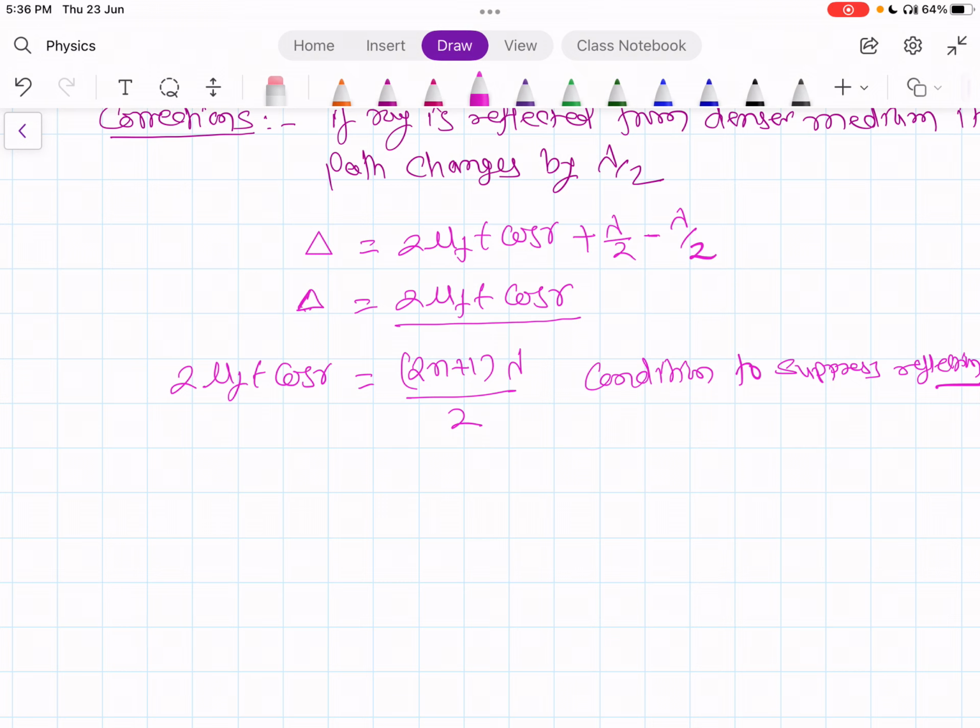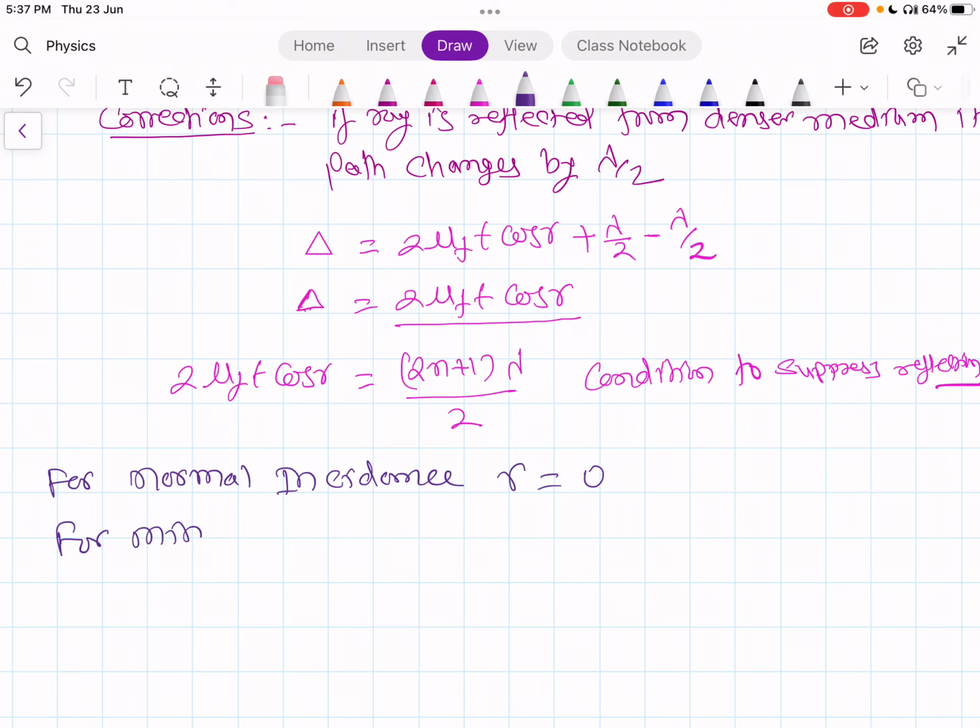So there should be destructive interference of the reflected light, complete destructive interference of the reflected light. Then only all the light will be transmitted through the glass. Let us consider normal incidence. For normal incidence, R should be equal to 0. And for minimum thickness of the film,